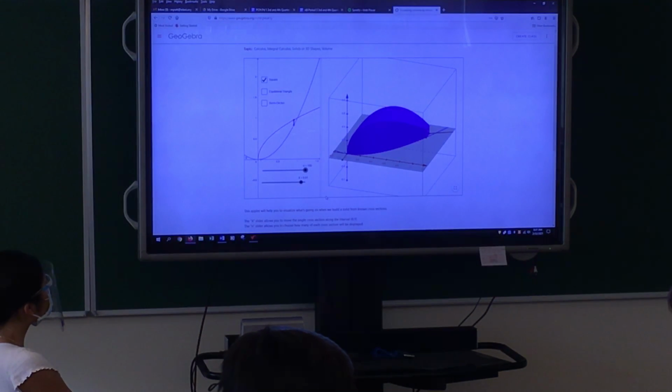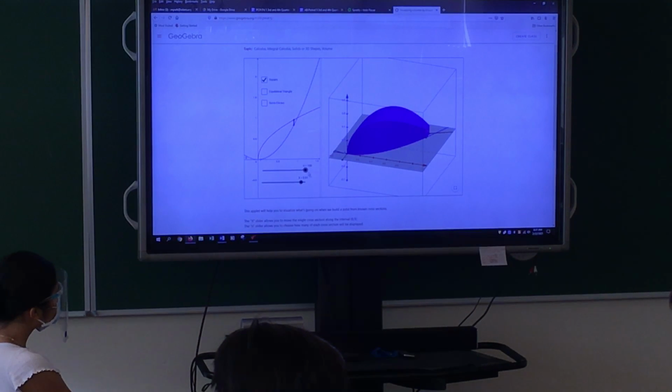Like a slug. Yeah, it's kind of like a slug. But then, what if the cross section is something else? You know what I mean? Like, what if the cross